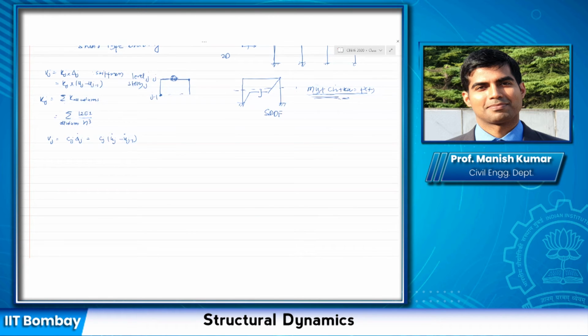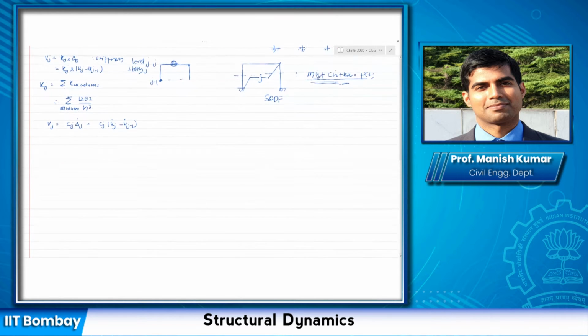Okay, and we are going to utilize this to get the equation of motion. Now remember, in addition to the story shear contribution by these two components, I have another force, which is the inertial force of the story, which is Fij would be mass times J. Okay, mass Mj times the acceleration at that level. Something like this. Okay.